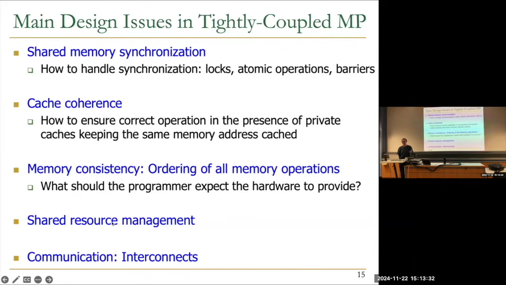We talked about shared resource management. That is actually an issue in, I think, all types of processors, but tightly coupled multiprocessors also suffer from that. And then we're going to talk about interconnects, which is also an issue across the board. But shared memory synchronization, cache coherence, and memory consistency are especially issues that are imposed by a shared memory model, especially a hardware model. Now, if you use a shared memory programming model, I think you can run into some of these issues also, even if your hardware doesn't support shared memory, which is not tightly coupled, but we're not going to look at that situation. Okay.